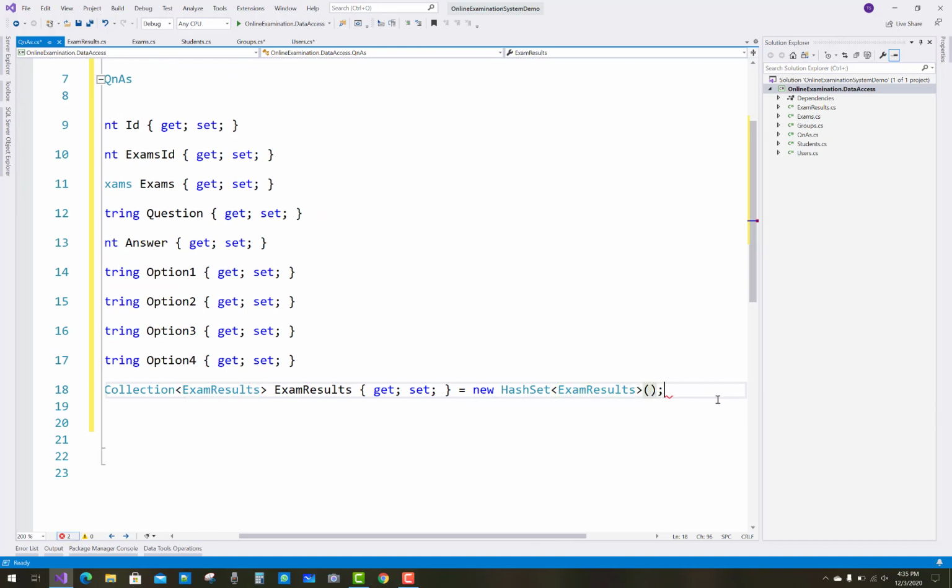Otherwise you get a null reference error if you do not initialize it.